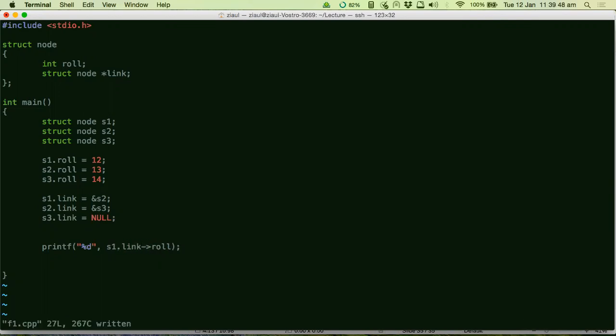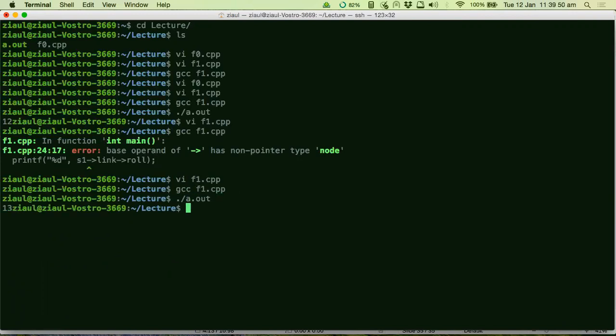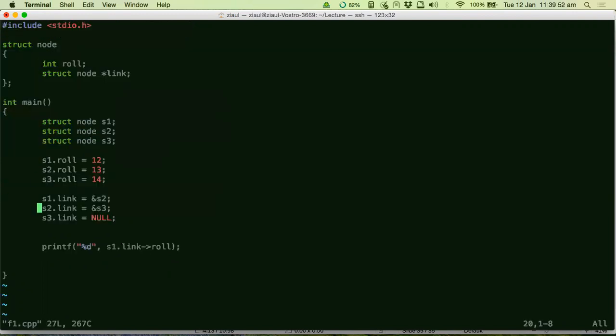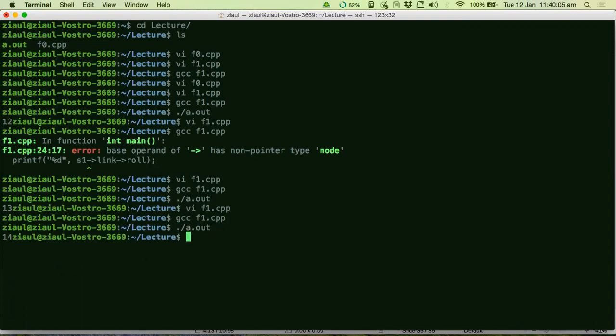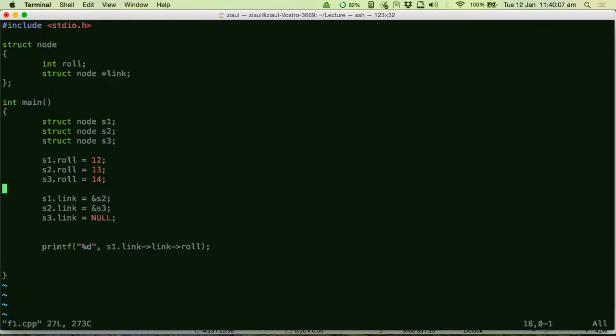Exactly. You're right. Yeah, I went to 13. And then if I want to go to the third node, how do I go? See, I went to 40.